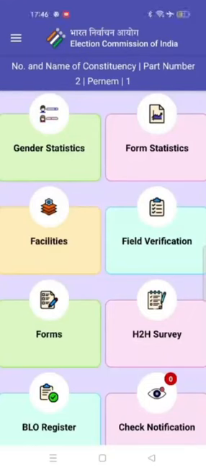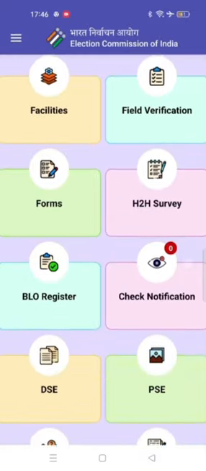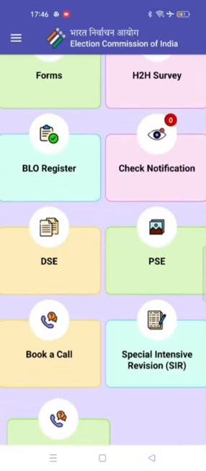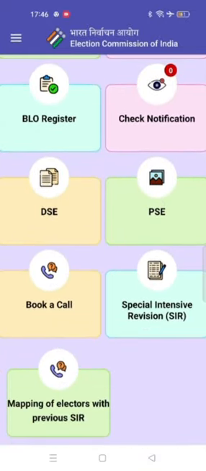BLO application 8.68 version is available in the App Store. After downloading and logging into the application, BLO will navigate into SIR, Special Intensive Revision Module. When BLO clicks on the SIR, a new screen will open where BLO will be able to view the tab